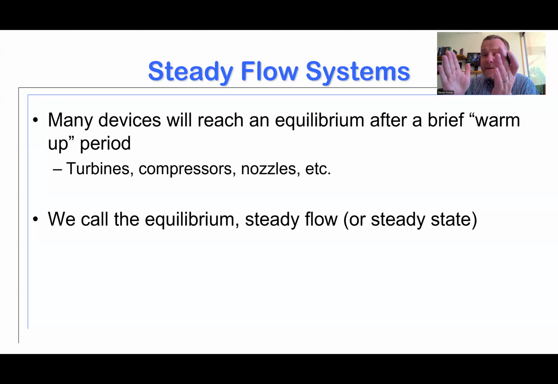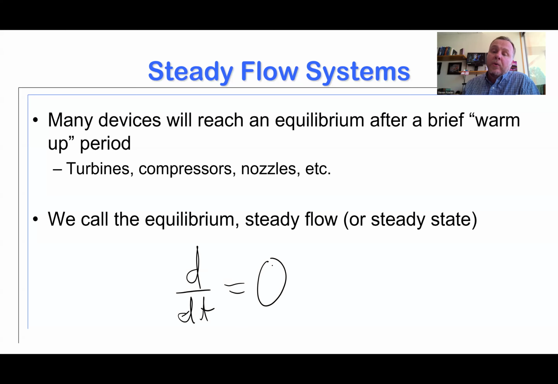So if the garden hose is the system, over a period of time, the system can lose energy. The dE system dt is non-zero. However, once we reach an equilibrium, over a long enough period of time, we'll reach a point where if I can maintain the same inlet and outlet conditions, eventually we'll reach this steady flow or equilibrium, sometimes referred to as steady state. We can reach this point where nothing's actually changing over time. That's the kind of problem we're going to deal with quite a bit, partly because I'm not assuming you've had differential equations yet.